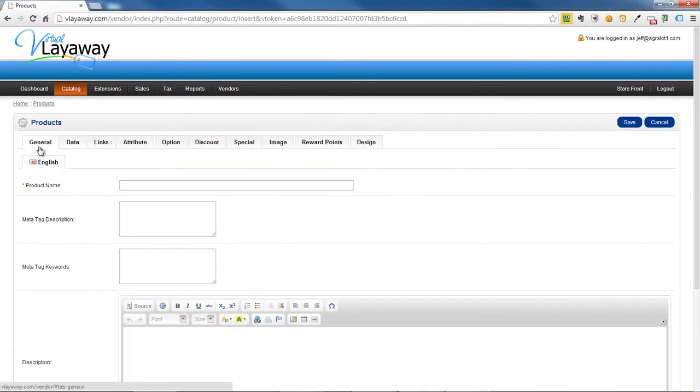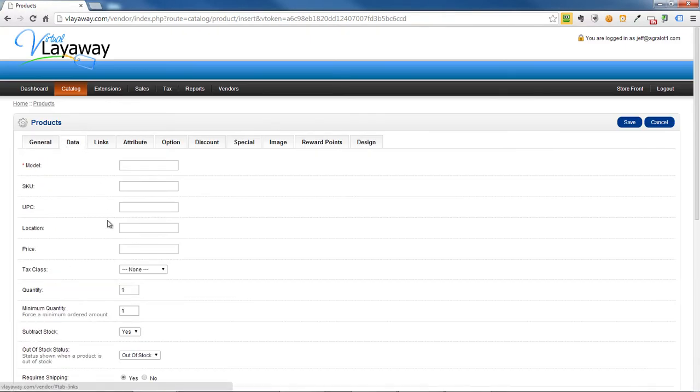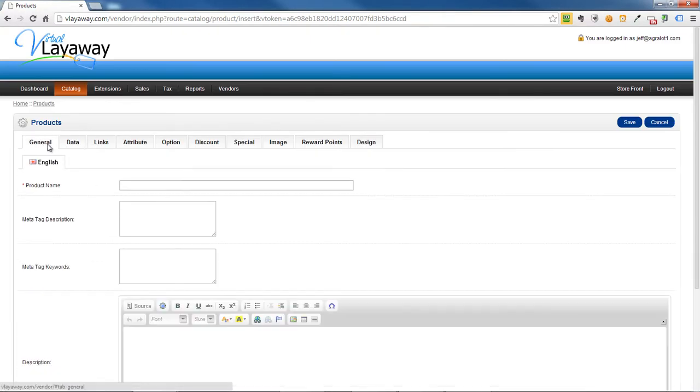So to set up the first one, you click on insert, and you're simply going to be taken to the general tab of the products, and you'll fill out all this information, then click the next tab over and fill out information. Let's do one. Let's just say that you're going to be selling Nike shirts, and maybe the Nike product is Nike, I don't even know if there's such a product, but 280